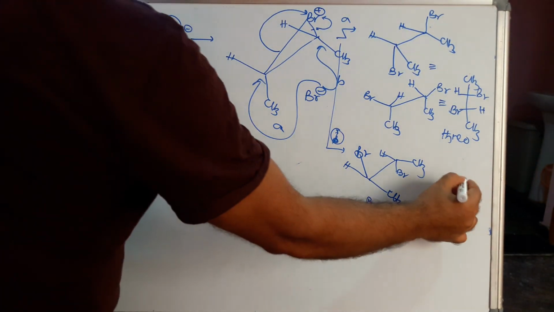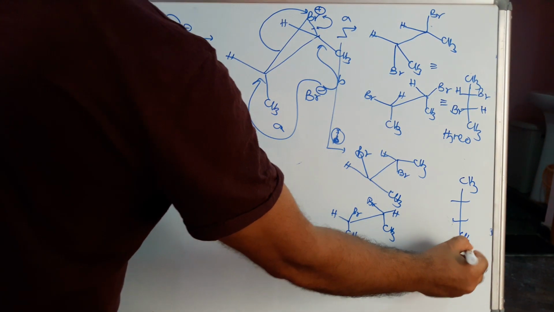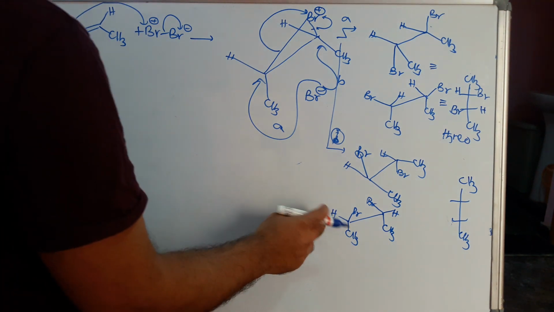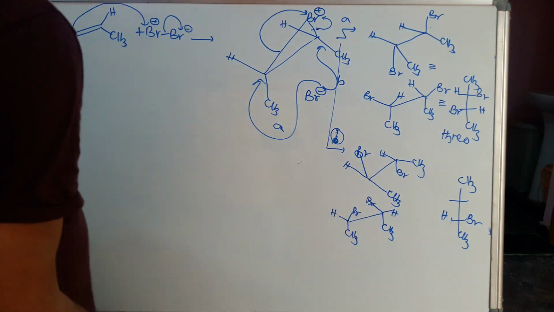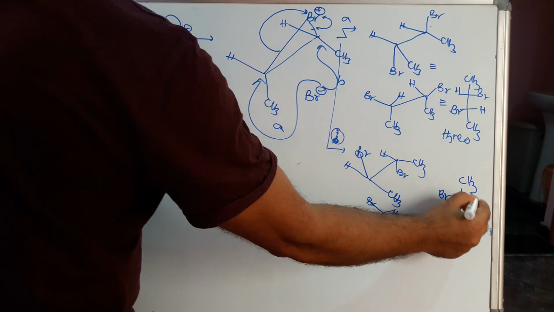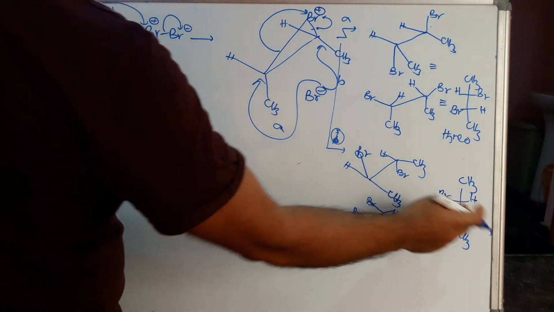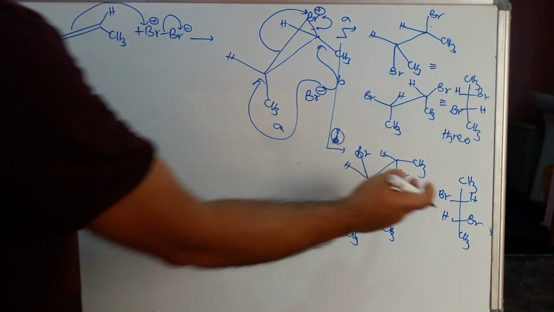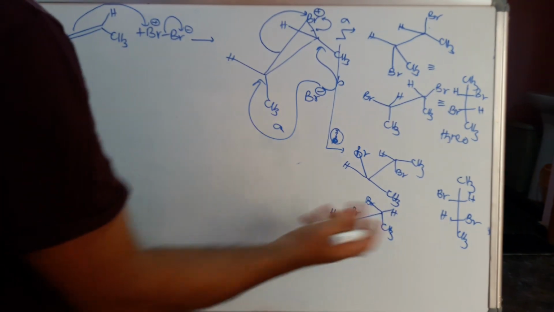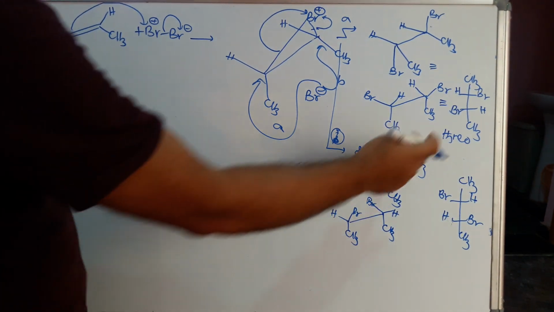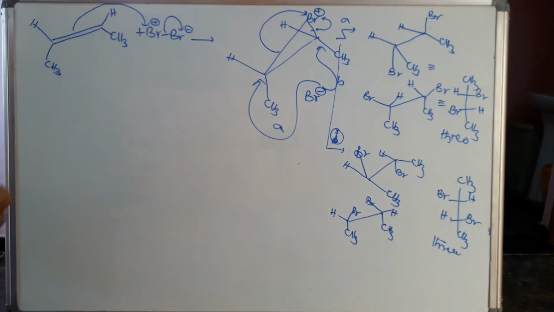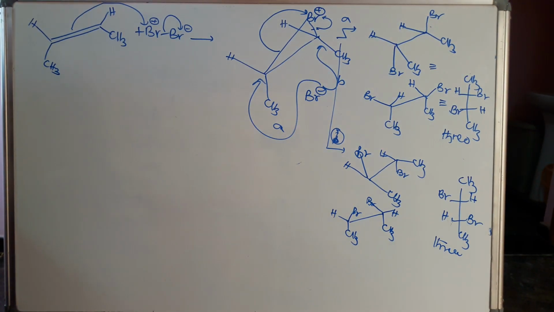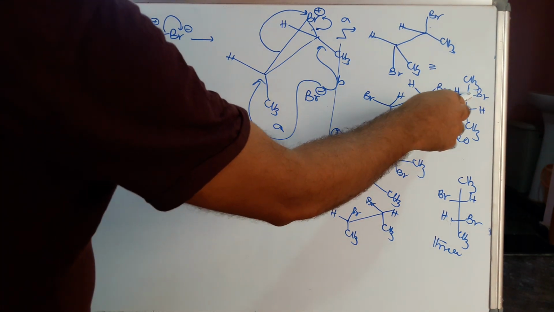Two methyl groups, one is up, this is down. First carbon, if you take H on the left side, Br on the right side, H on the left side, this is on the right side. If you take the second carbon, Br is on the right side, H is on the left side. Then two opposite groups are the same. Here also opposite groups are the same. That's why this is also threo form. Are these forms optically active or inactive? It means is any chiral carbon present or not. So here also one chiral carbon is there.